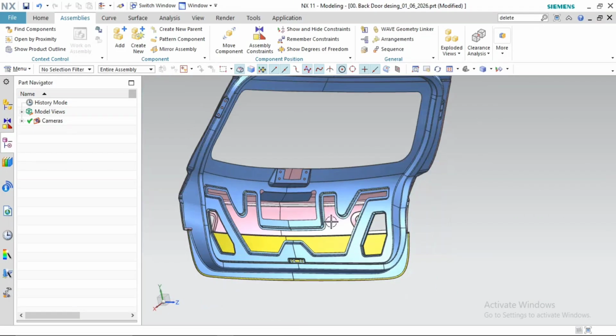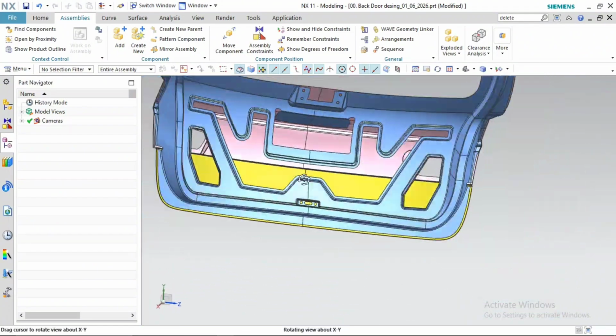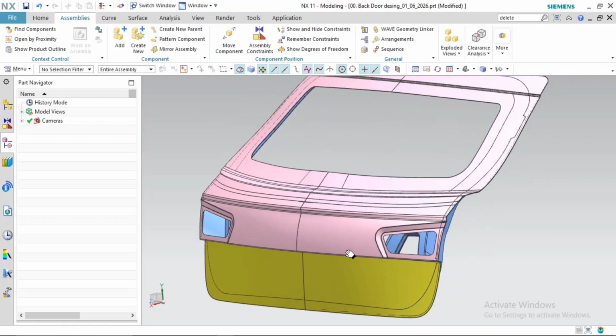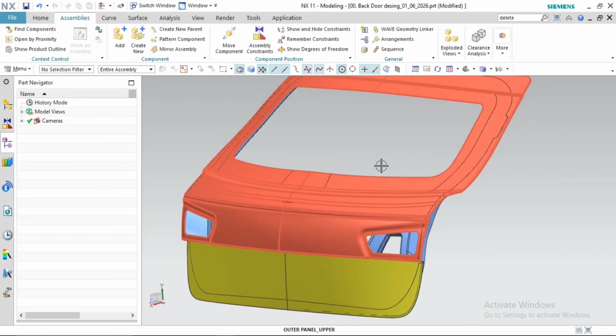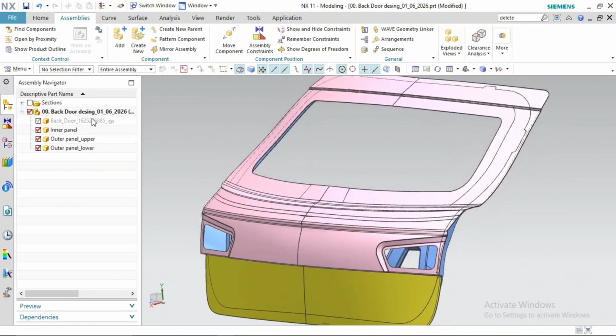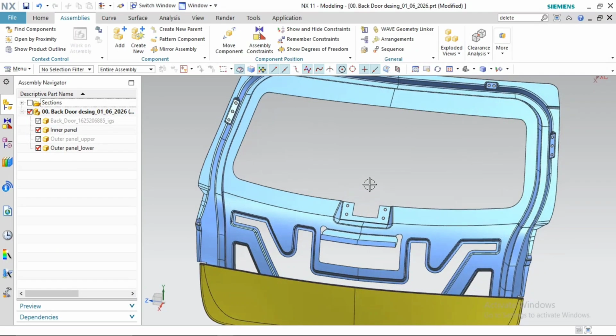So the detail things, I hope you got the detail design review for this. If you have any doubts over this, we need to create a few more things also. Go to assembly navigator, and I want to create some reinforcement. Hide the upper panel, and you can see that